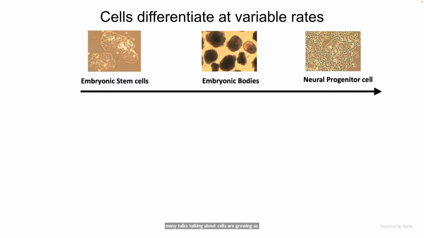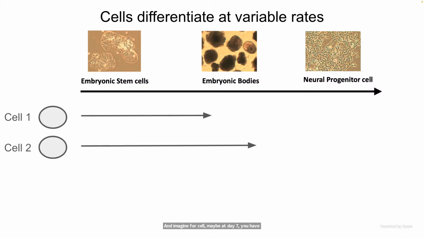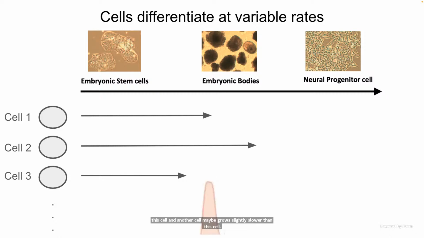Here, I show you a very simple example of a mouse embryonic stem cell differentiation process where cells differentiate to embryonic body cells and all the way to the neuroprogenitor cells. Imagine a cell, maybe at day 7, grows and transits to an embryonic body cell, but another cell at the same time point may grow slightly faster than this cell, and another cell may grow slightly slower than this cell. When you combine all the cells at the same time point, look at their cell time,